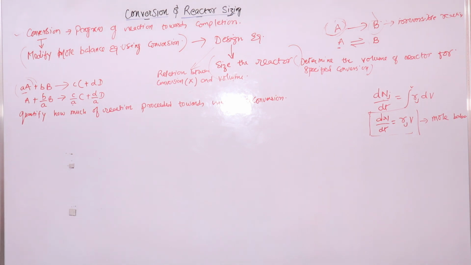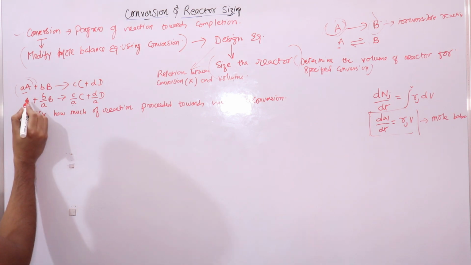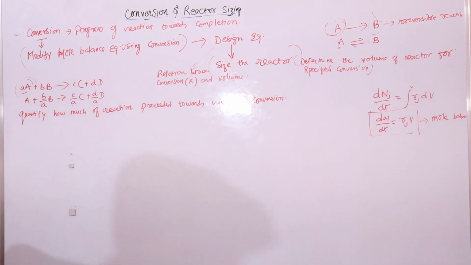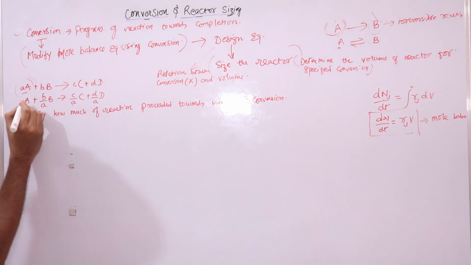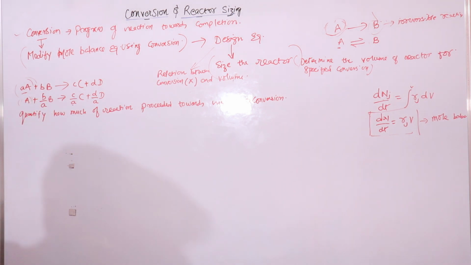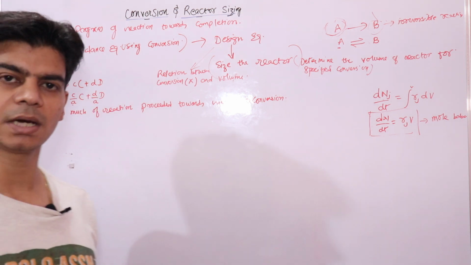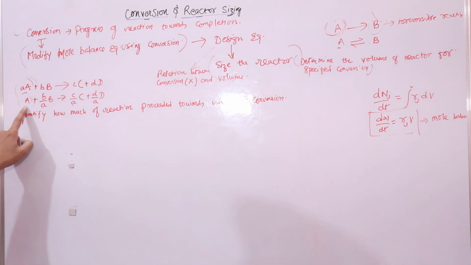to the system. Like I said in the beginning, when we talk about conversion, it means how many moles of C are formed from 1 mole of A. This is what it means. That is when I fed 1 mole of A into the reactor, how many moles of C are formed from 1 mole of A. This is what it means. It's just a simple thing, we are just using a different term for it, right.